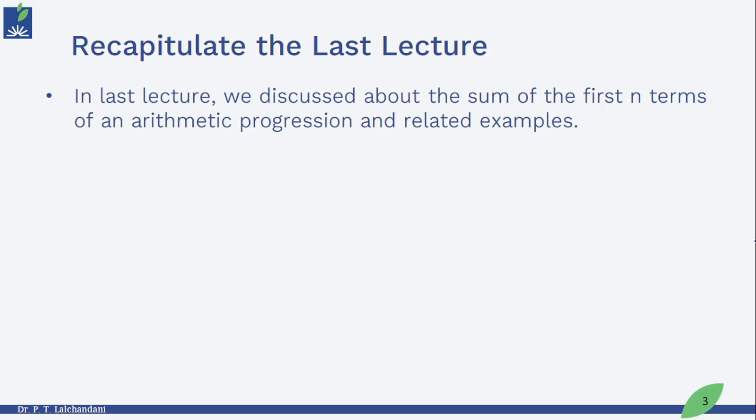So, let us quickly recall what we mean by an arithmetic progression first. An arithmetic progression is a progression in which the difference between any two consecutive terms remains the same, right? We also discussed that the formula to find the sum of first n terms of an arithmetic progression is given by Sn is equal to n by 2